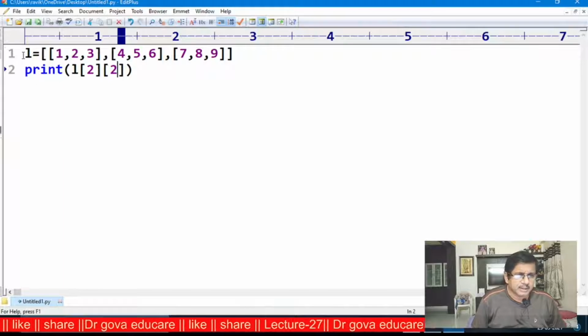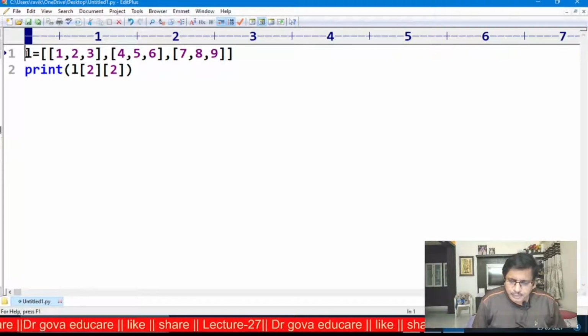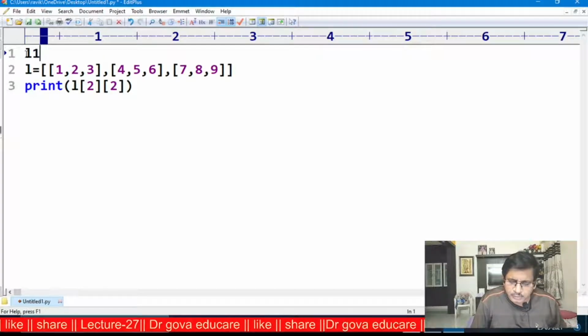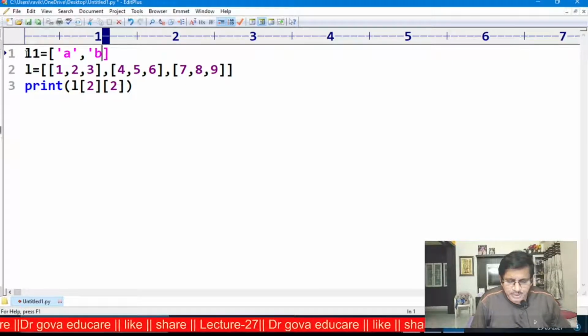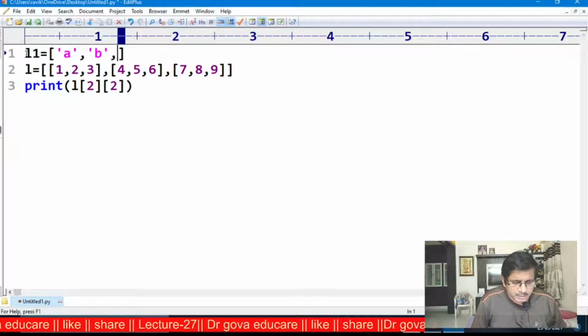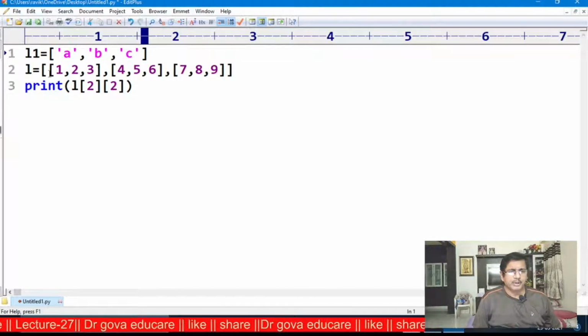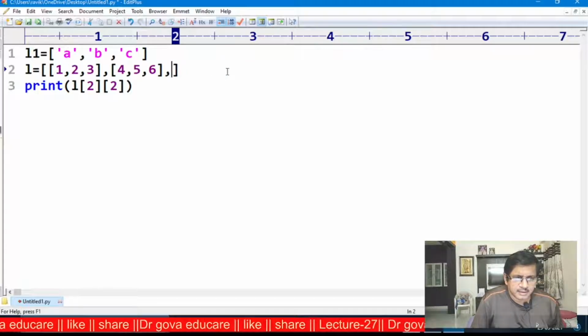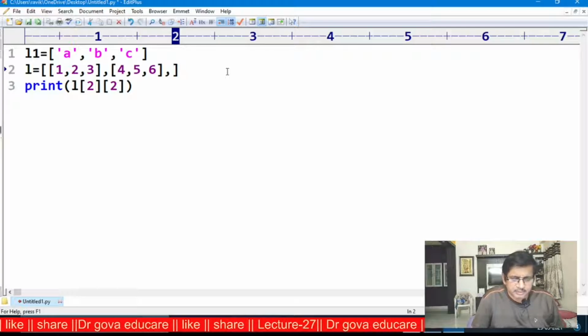Similarly, now this is the list L1. L1 is equal to some characters A, B, C. Now I want to create the nested list with L1 as one element.